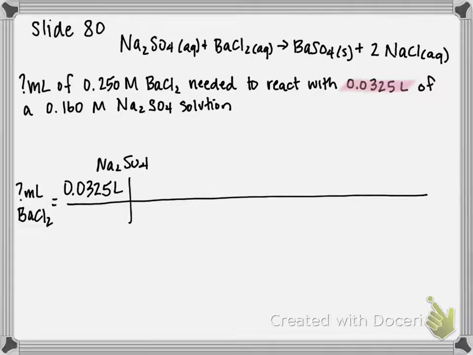So next step is I'm going to use my molarity to do that. Remember, molarity can be broken up into moles over liters. So when I say 0.16 molar sodium sulfate, it's like saying there's 0.16 moles over 1 liter. And so if I multiply by the molarity of sodium sulfate, 0.160 mole on top, 1 liter on bottom